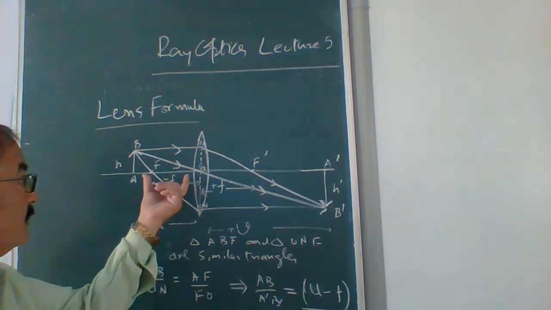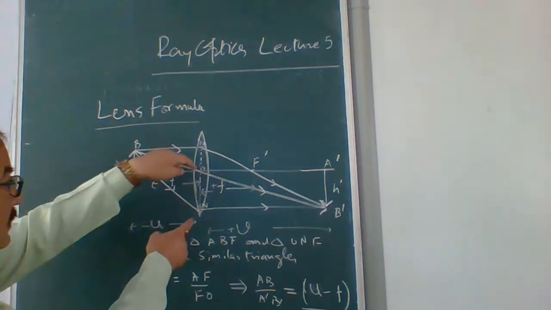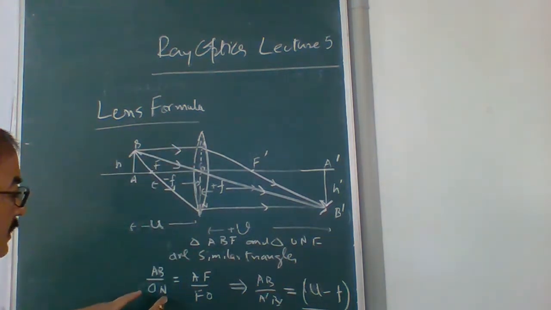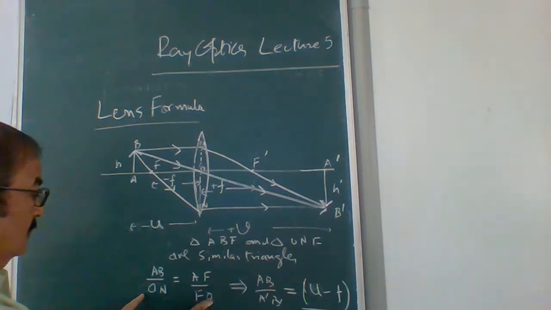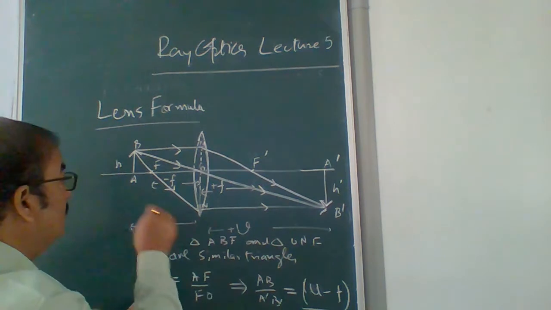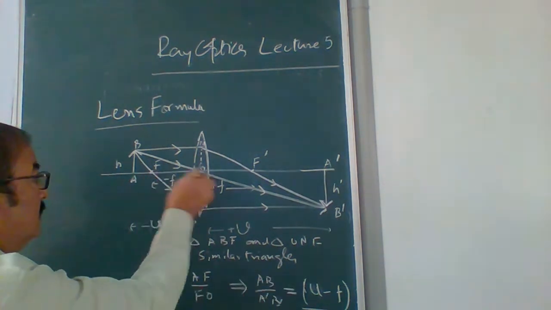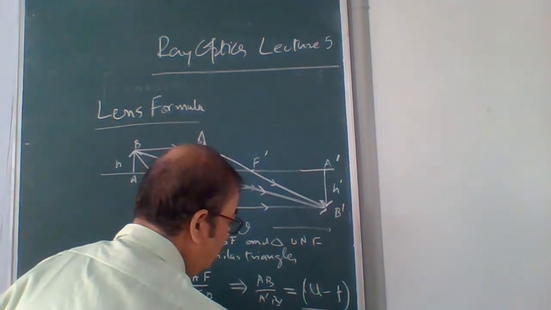FO की जगह आप केवल F लिख सकते हैं। तो जहां पर आपने AB लिखा, ध्यान दीजिएगा, जहां से A dash B dash रखा तो वहां पर क्या रखा आपने? ON की जगह क्या रखा? A dash B dash. ON की जगह A dash B dash, और AF की जगह आपने U minus F और FO की जगह F. तो दिस इज योर इक्वेशन नंबर 1.